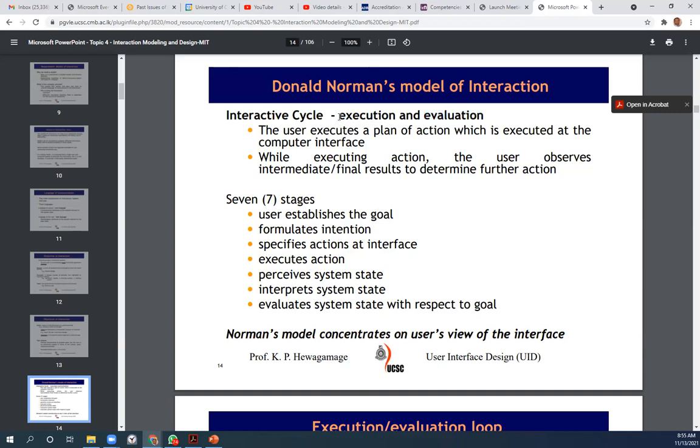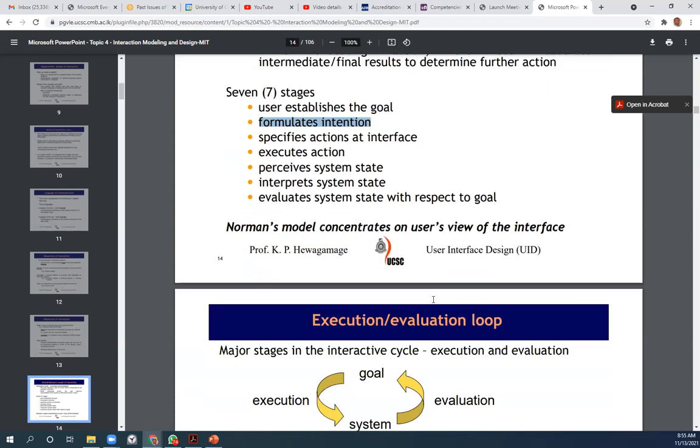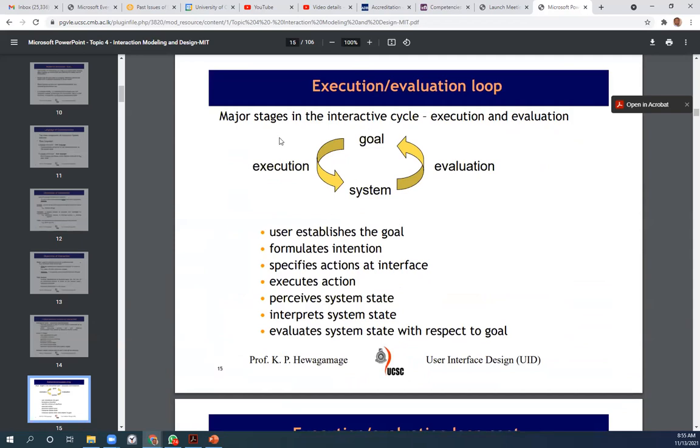So these are the two main things, and it has seven stages based on that, where first the user establishes the goal, then establishes the intention, specifies actions at an interface, executes actions, perceives the system state, interprets the system state, and evaluates the system state with respect to the goal. So it is described in this diagrammatic way, where the goal is the starting point and the execution